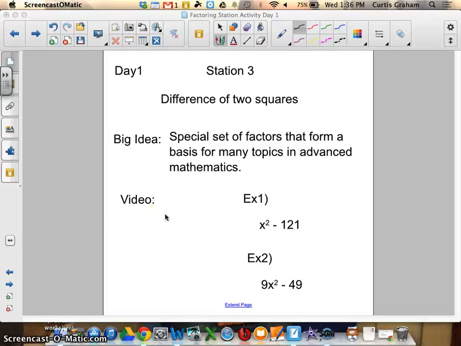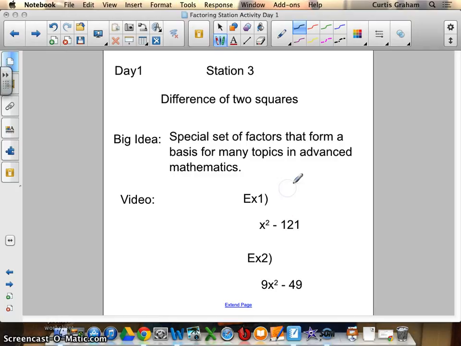All right, difference of two squares. Factoring the difference of two squares. This is just like all the other ones, except when I see two terms and one of those being an x squared, I know that my job becomes really easy. Because it means that my middle term, the term that goes right here,